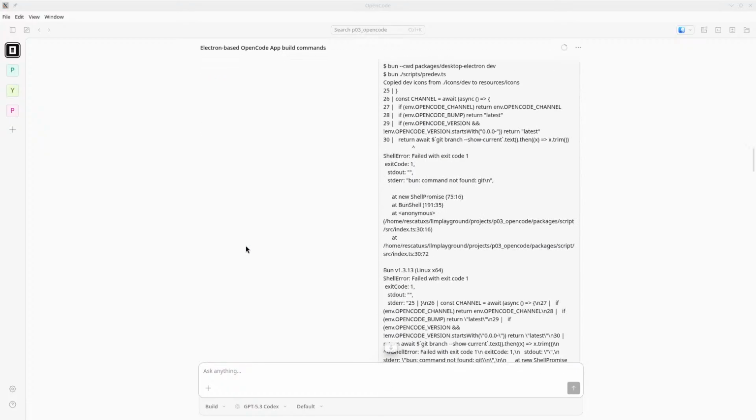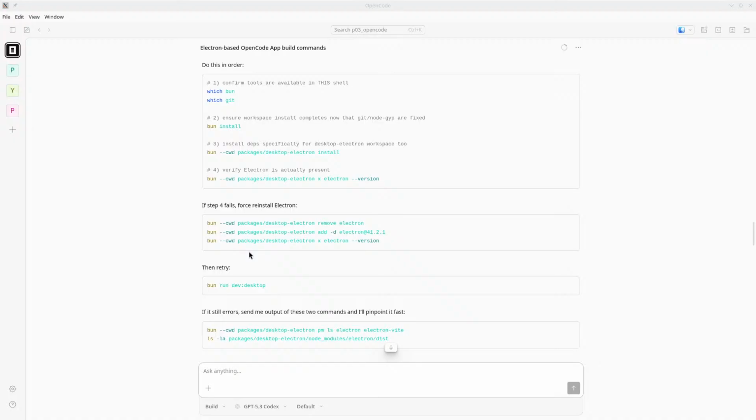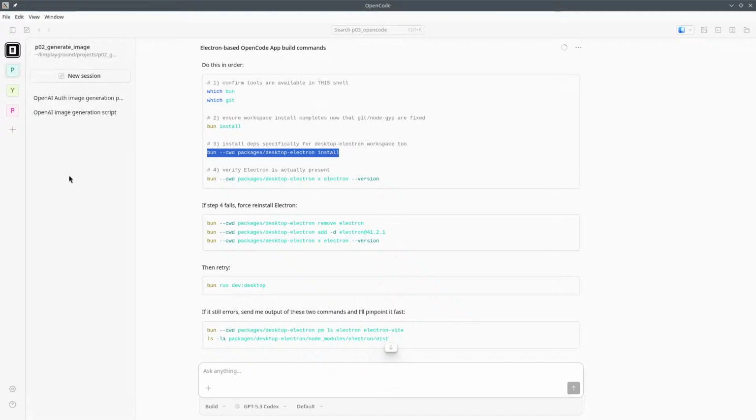Maybe some of the commands that were advised later on. So here we have install deps specifically for desktop Electron workspace. So we have used this thing here, but I'm not sure if the problem was that it didn't work before, or because if you take a look at what it's